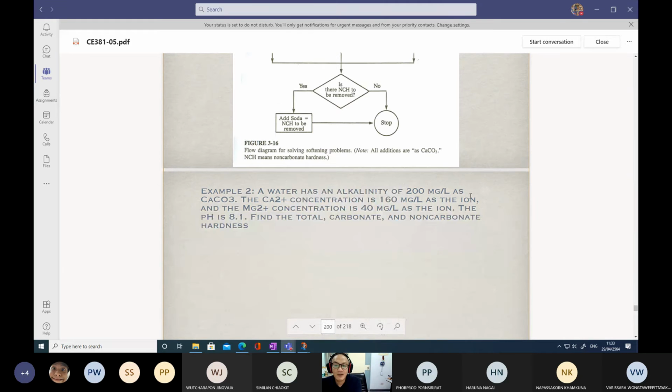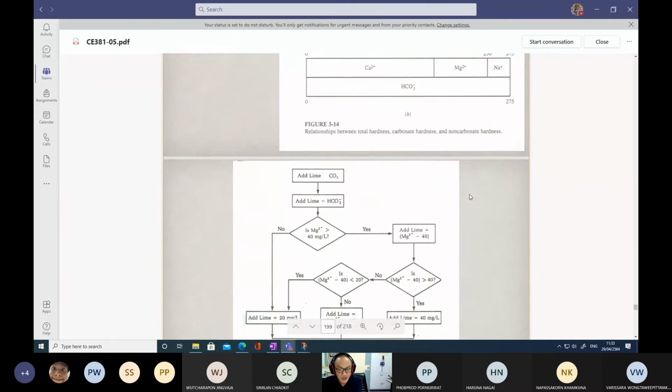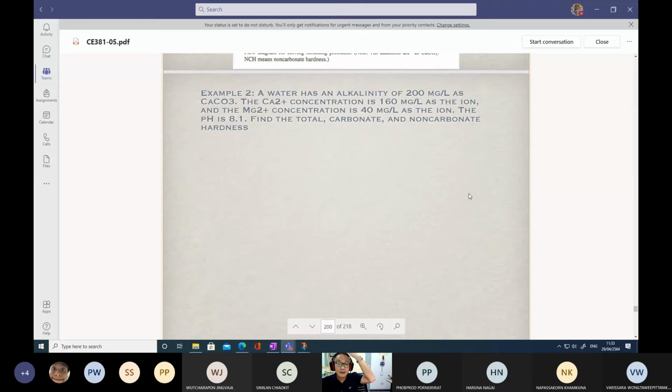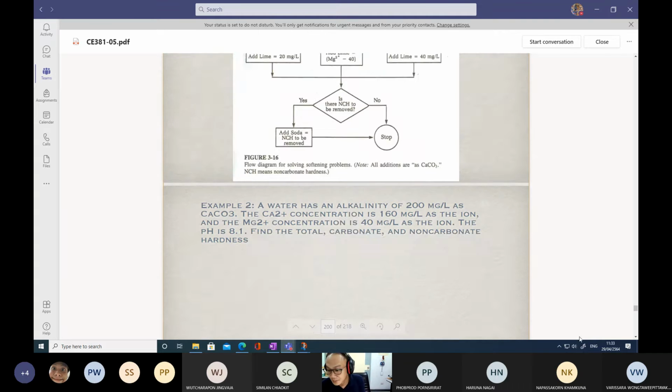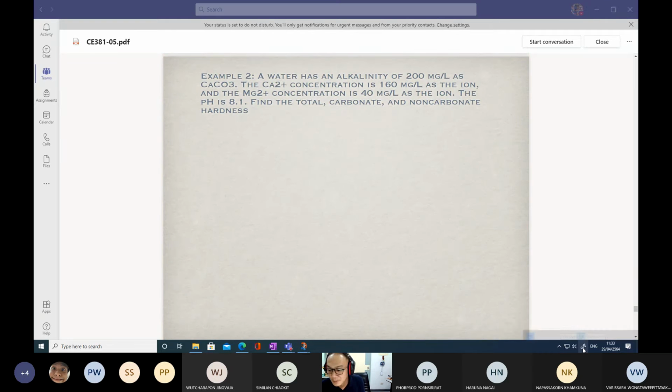Okay, so this one is about the definitions of the hardness and how we can construct the bar chart. And then again, based on this information, can you find out the total hardness, carbonate hardness, and the non-carbonate hardness? It is nothing but you just have to convert these into the same unit. For example,